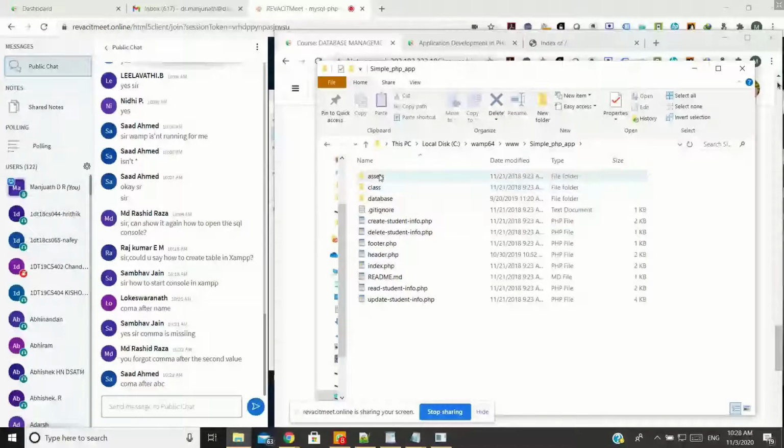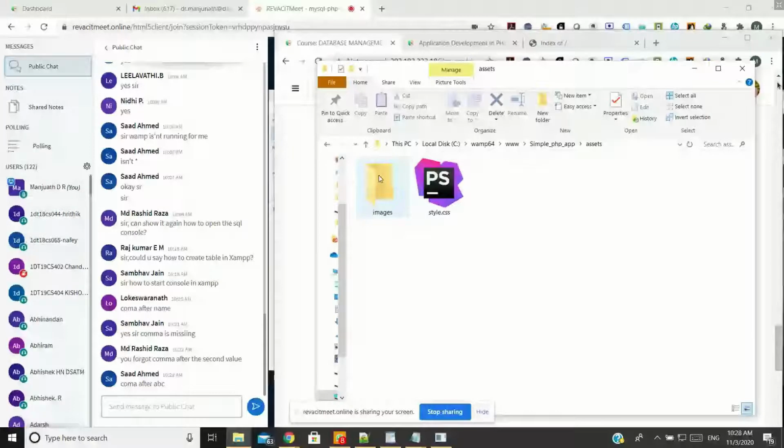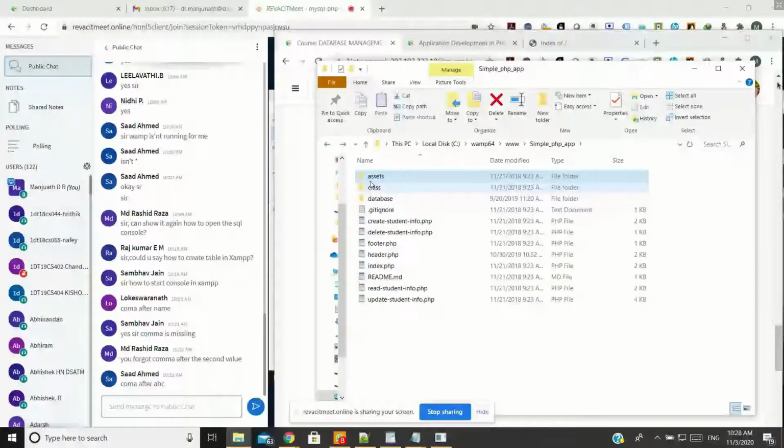Now, folder-wise, I have given a folder called assets. Nowadays, as I told you, when you are working with any application, it is better to abstract your files also, and to keep them in a standard structure so that it is easy to communicate between the files.